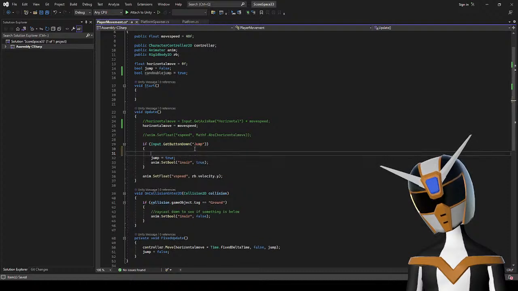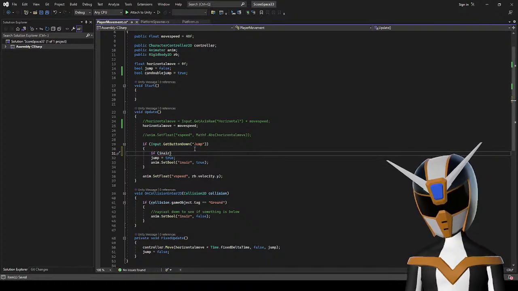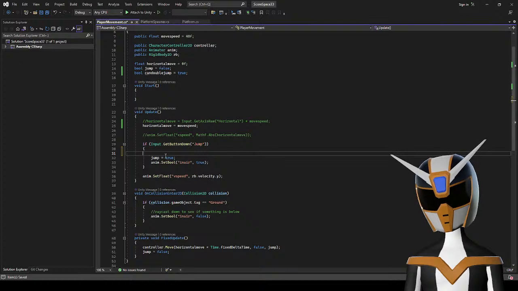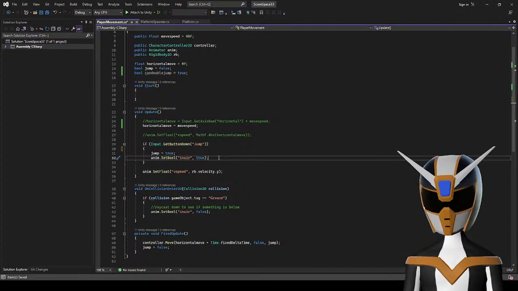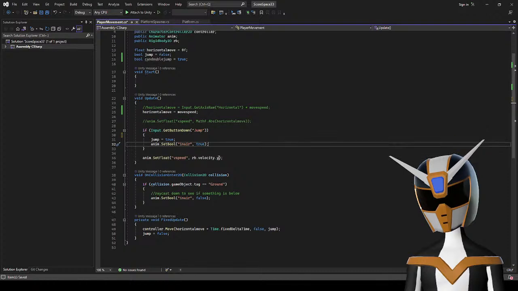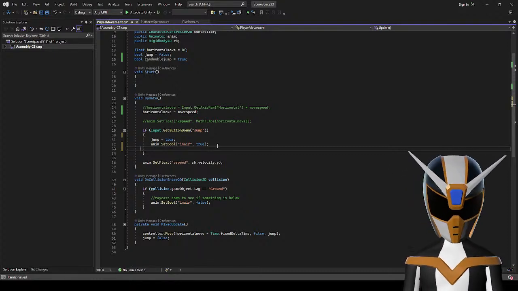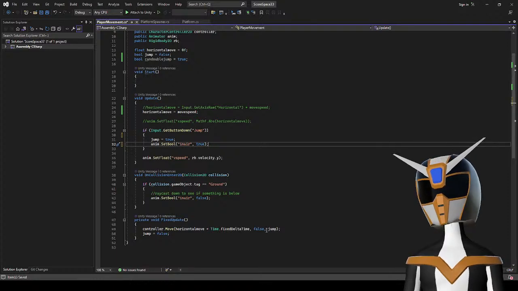So let's say if in air, no wait. So this is just setting the jump boolean to true so that down here it'll take in jump.